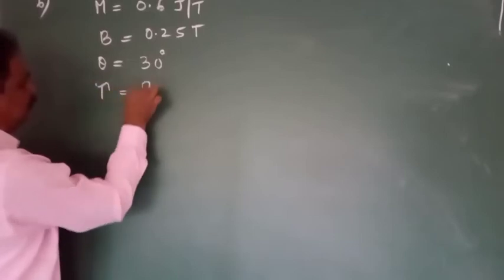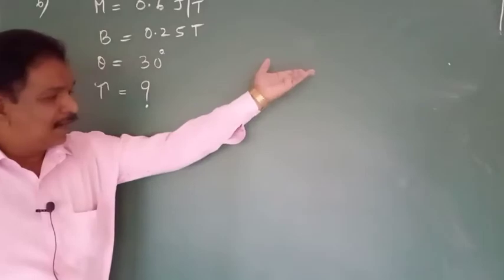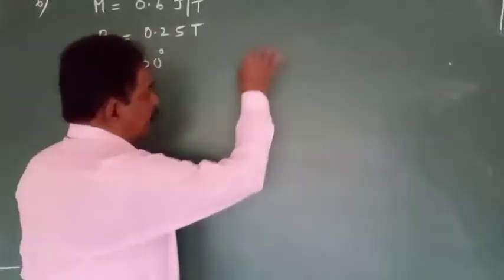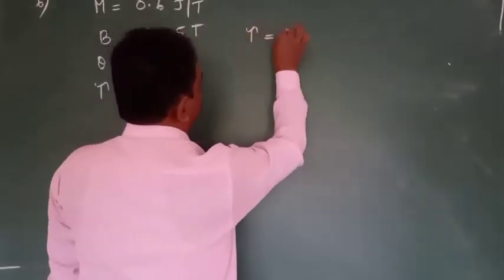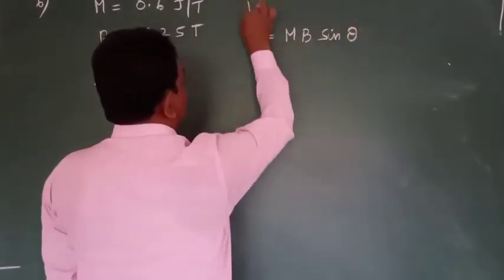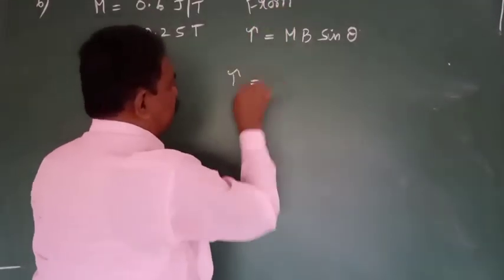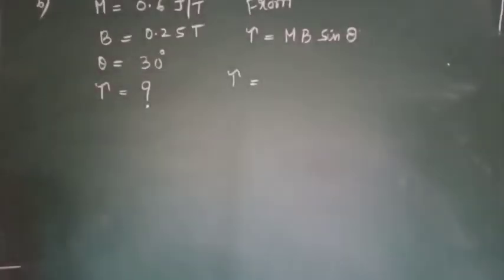What is the torque acting on the solenoid? That is the question. Torque acting on the magnet, what is the formula? Tau is equal to mB sin theta. So use the formula, tau is equal to